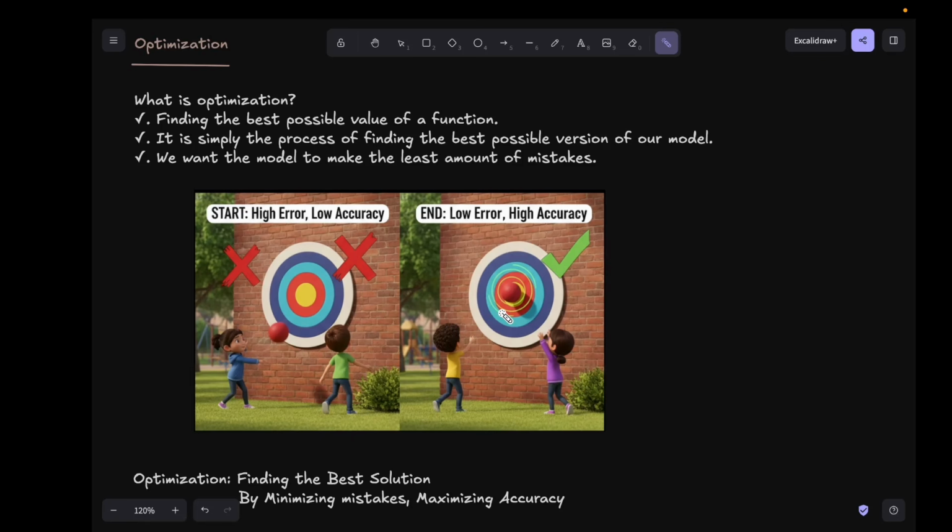In machine learning, our target is to make predictions that are as close to the actual answers as possible. Our aim is determined by the internal settings of our model, which we call the parameters. So we can also understand it by